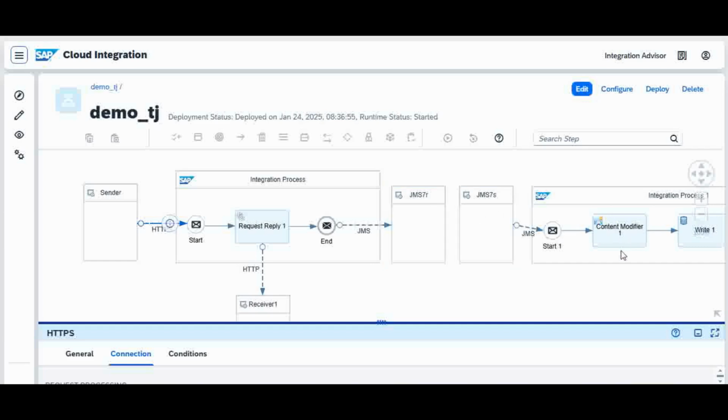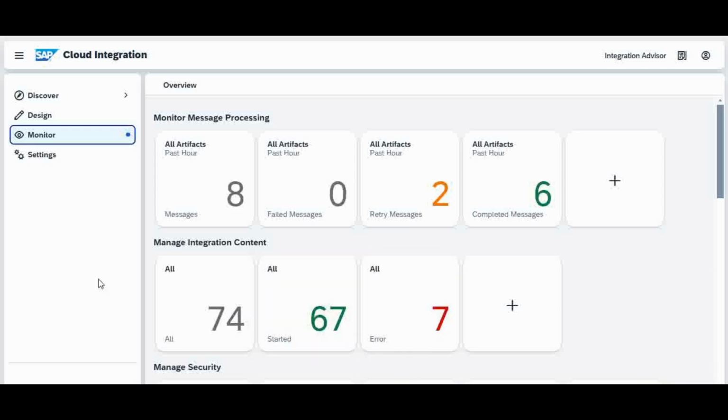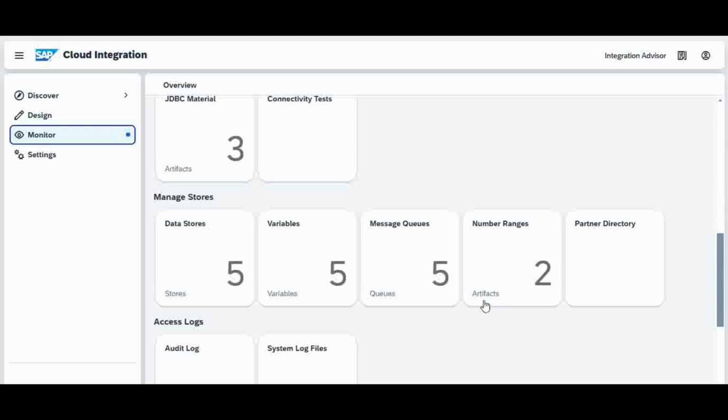Now I am going to simulate an error in the number range, so that this place it will be failed. It cannot write the message into the data store, so the message will be lying in the JMS queue as a failed message. That we will simulate and see. For the simulation purpose, what I am going to do is I am going to the number range,